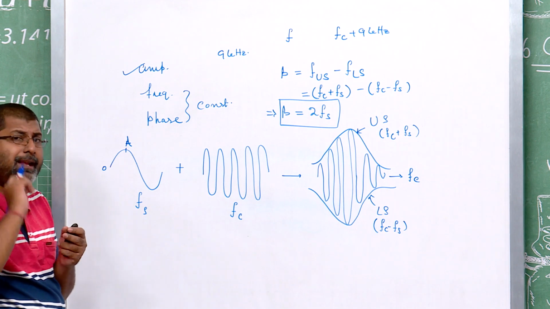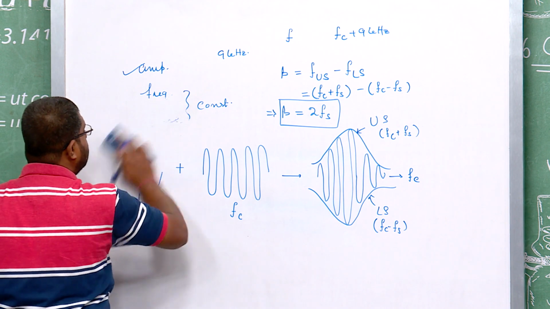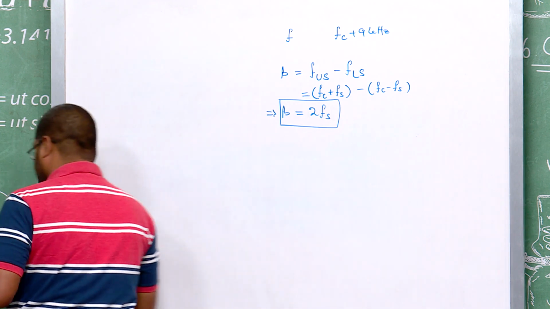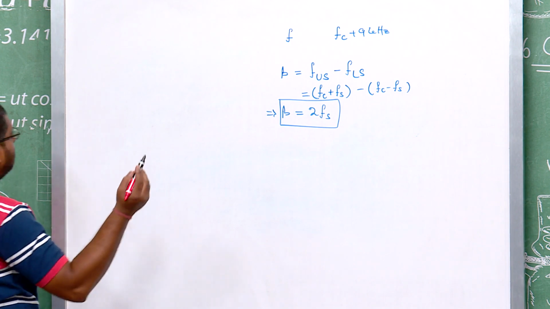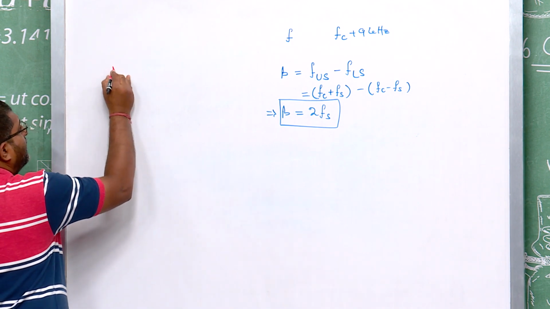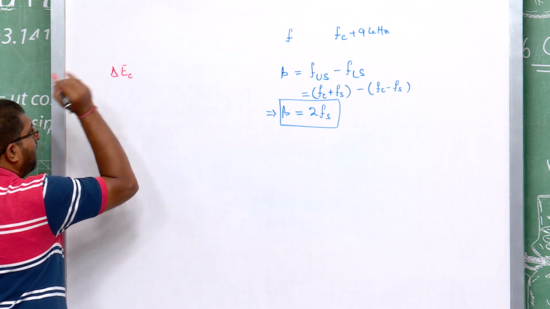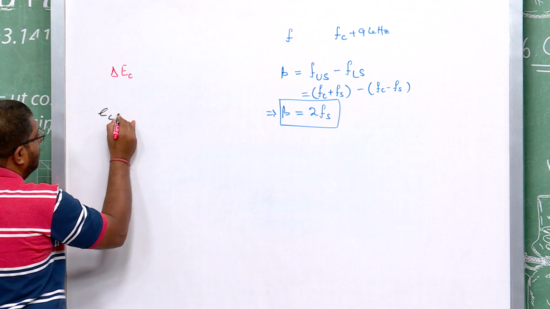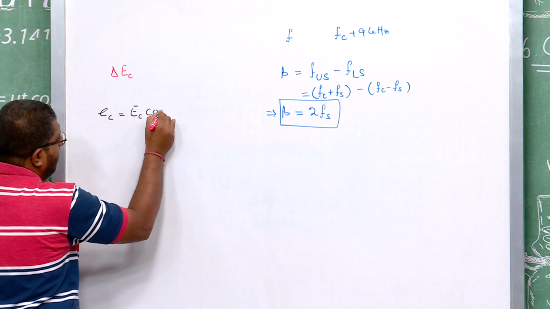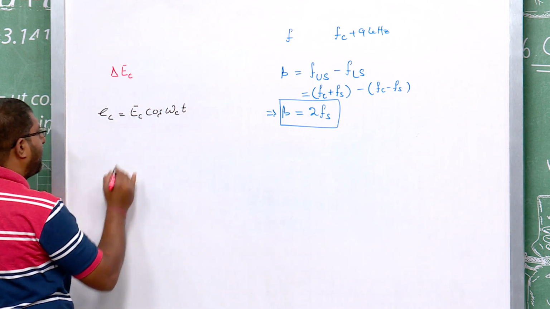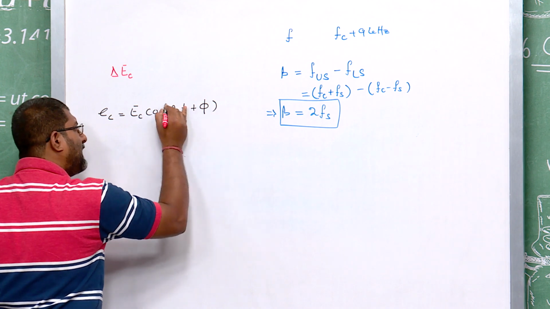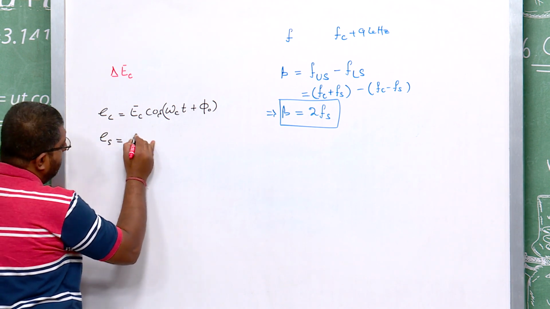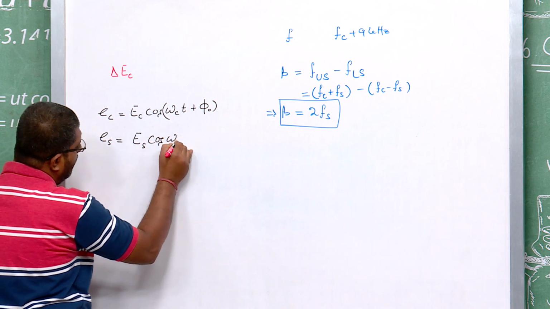Now, come to the analysis of this amplitude modulation. Let us analyze this amplitude modulation. For that, I can say that in amplitude modulation, the amplitude of the carrier wave changes in accordance with the signal intensity. Let Ec equal capital Ec cos omega c t plus phi, where phi is the initial phase here. I can put this as phi 0, and Es equal capital Es cos omega s t,